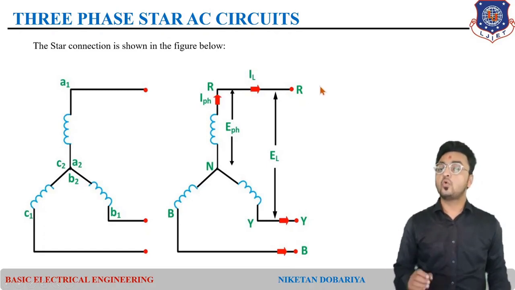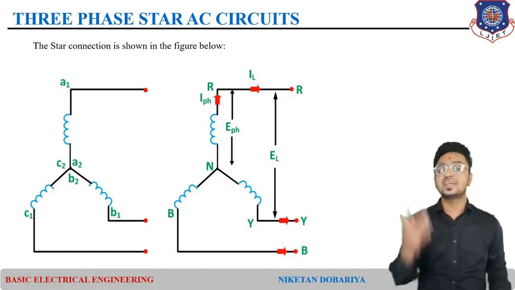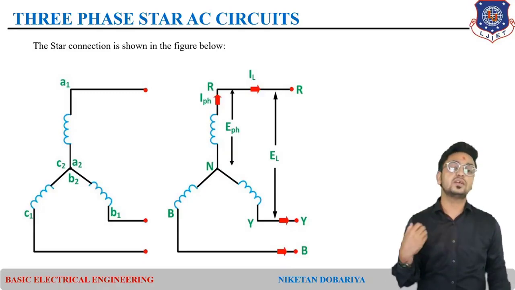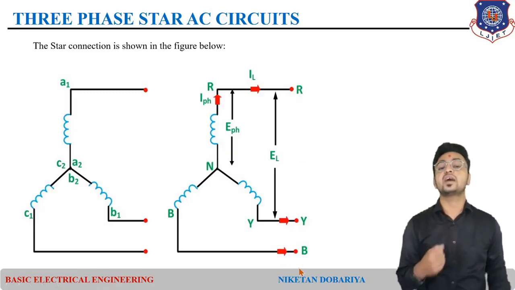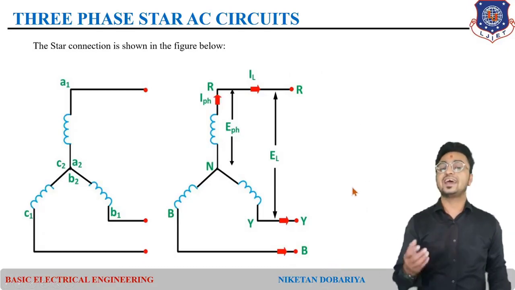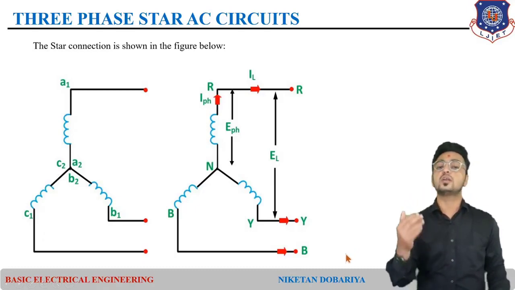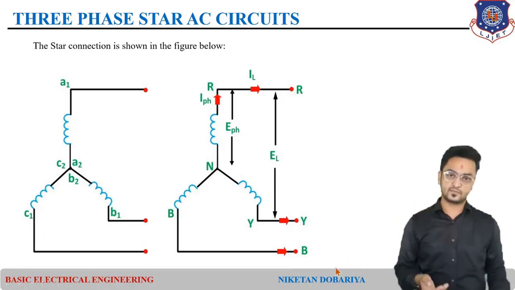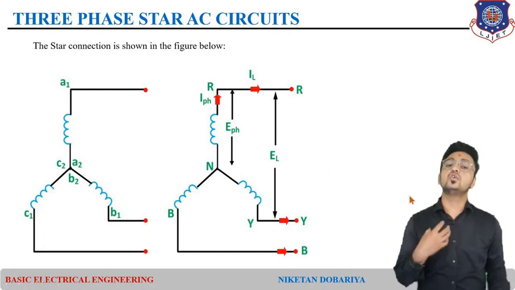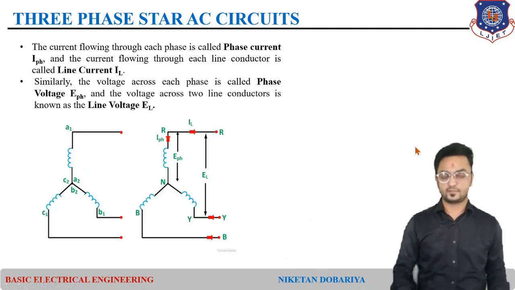And here, one more important point. Up to now, we had considered terminals as 1, 2, 3, or maybe ABC. But from now, we will define the terminals, and by those, we will define the voltage and current in terms of R, Y, and B. What is R, Y, B? That is derived from red, yellow, and blue. When we install a three-phase system, normally we use red, yellow, and blue color wire for phase 1, 2, and 3. And from that we derive the terminals R, Y, and B. So whatever voltage terminal will be defined, that will now be defined based on R, Y, B.